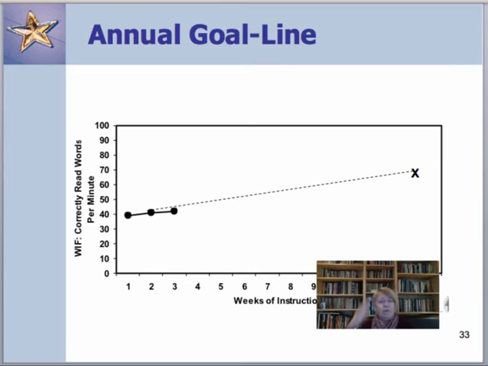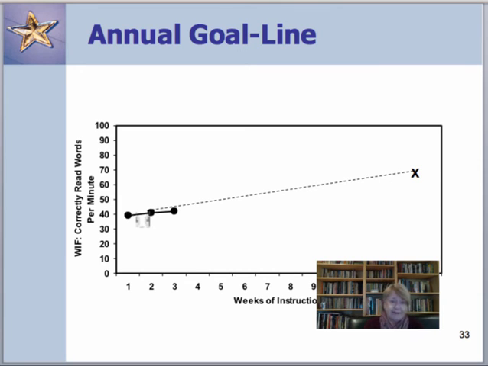Here's an example of what an annual goal line might look like. So I said we'd talk about graphs a little bit more, and so here's an example. If you see in the beginning, in the first 3 weeks of instruction, we had 3 data points measuring the student's words read correctly per minute. So the student, somewhere around 40 to 43, maybe 45 words per minute in the first 3 weeks, gave